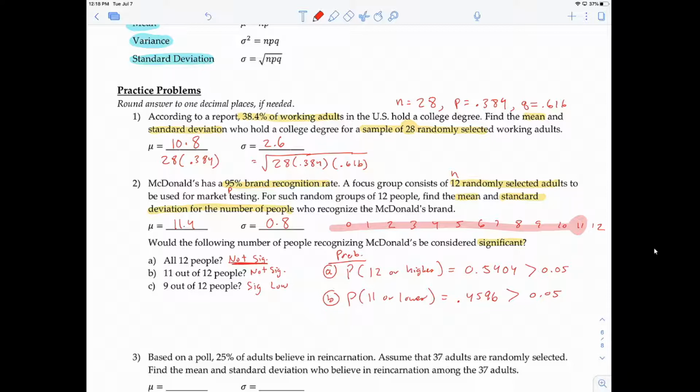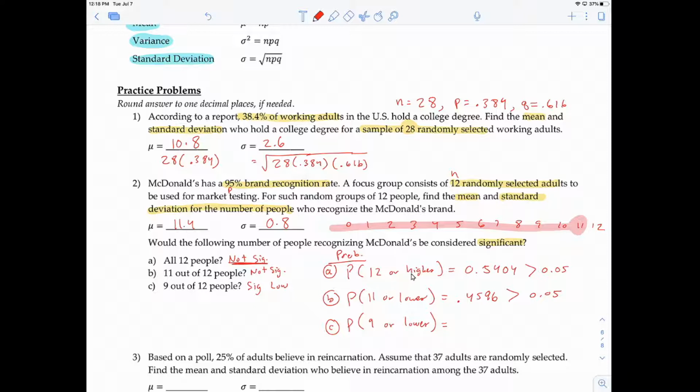All right, and then finally, for question C, using the probability, we want to determine whether 9 out of 12 people is significantly low. Why significantly low? Because 9 is less than what we expect. So it's lower than what we expect, but is it significantly low? That's the question we're asking. So we need to calculate the probability of 9 or lower, right? Again, if you don't understand why I'm looking at 9 or lower here and 11 or lower here,